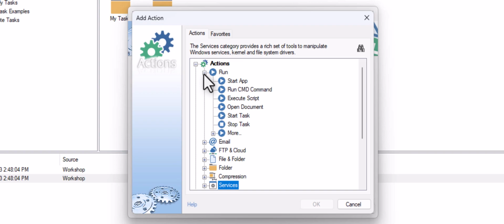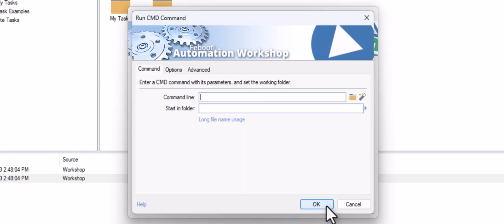You can use the Execute Script action to access the output of a batch, PowerShell, or other scripts. But as my script outputs everything into a log file, I will choose the Run CMD command action. I will type the name of my batch script, but you can use the browse feature for your convenience.